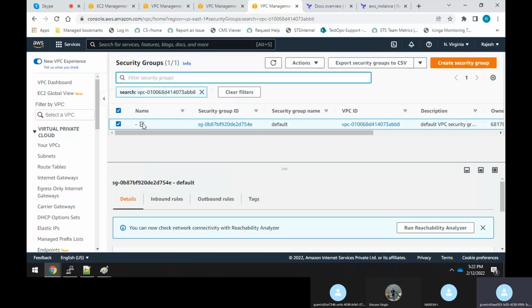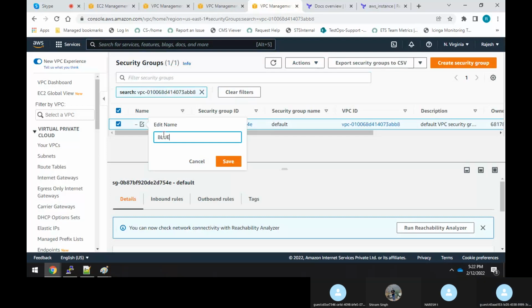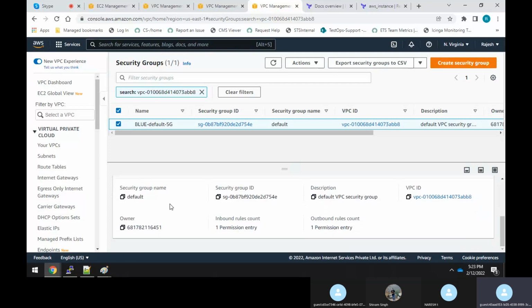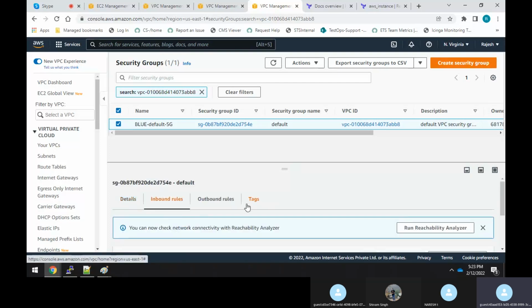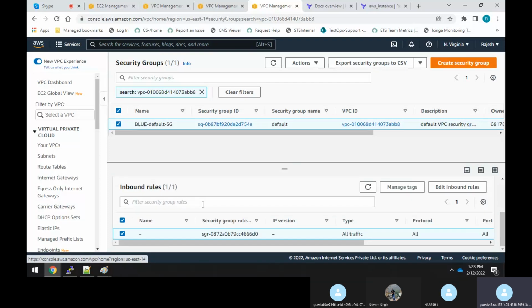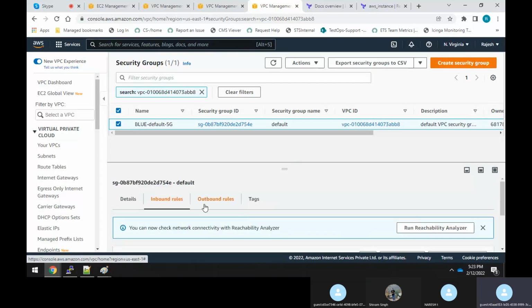Correct, sir? So this is nothing but the blue default security group. This is the default security group. Now you could see that it has inbound rules and outbound rules. In the inbound rules, nothing is there. In the outbound rules,